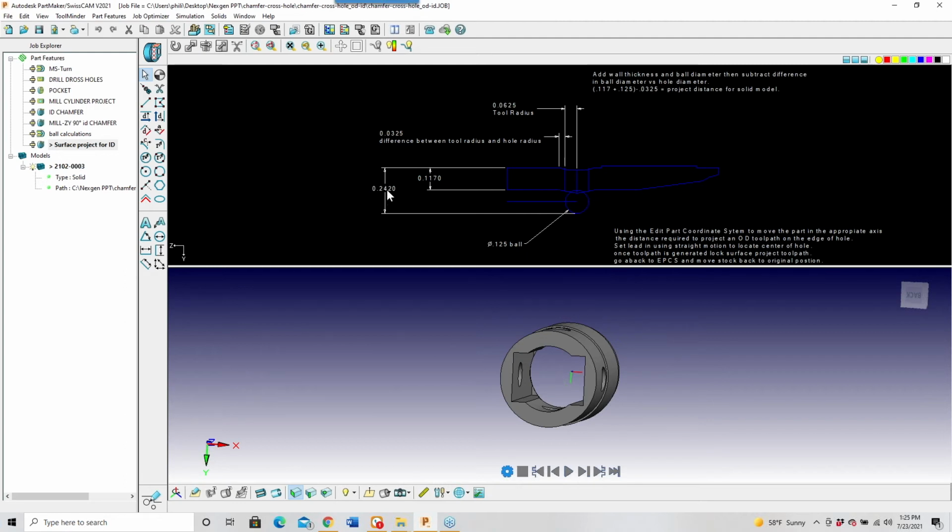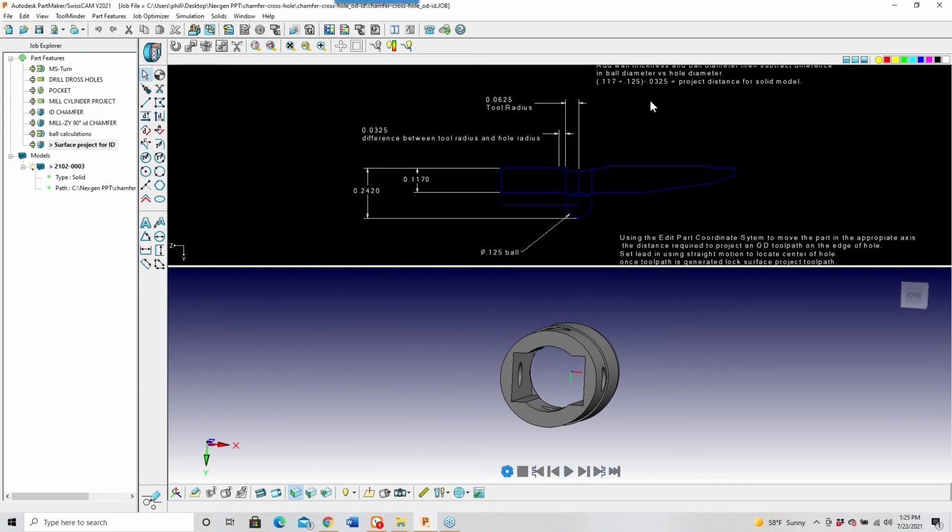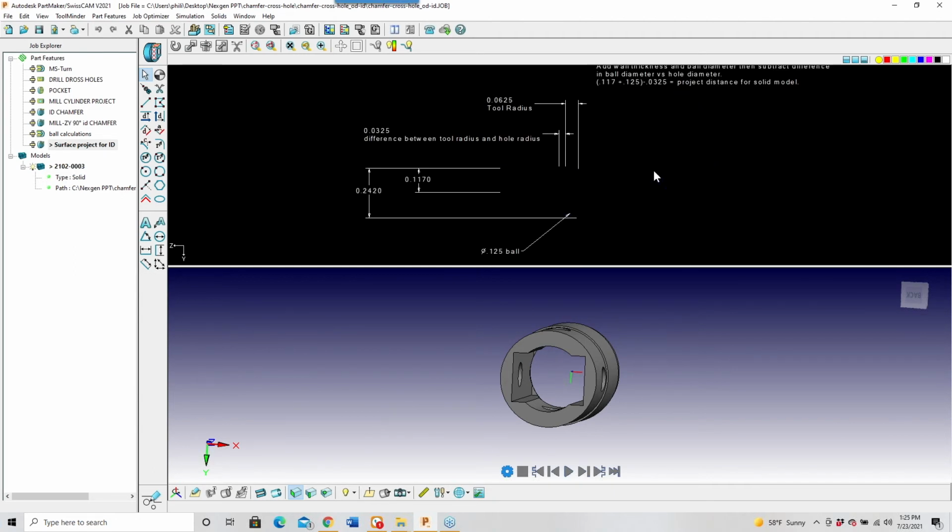At this point, I want to subtract the offset value, which was 32 thousandths. So minus 0.032 equals 0.21. Actually, it comes out to 0.209. So if we do that projection here, now that we've got the number, what we need to do